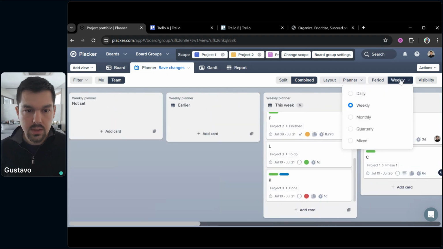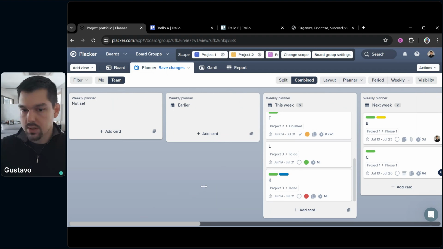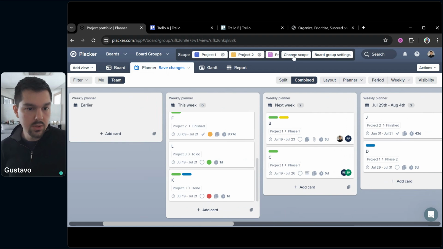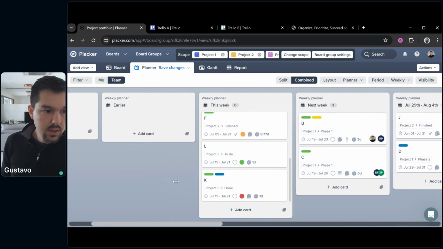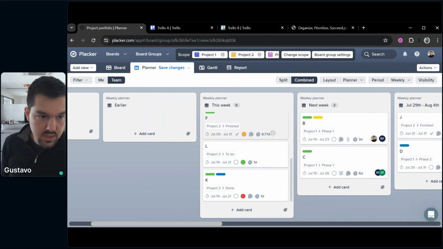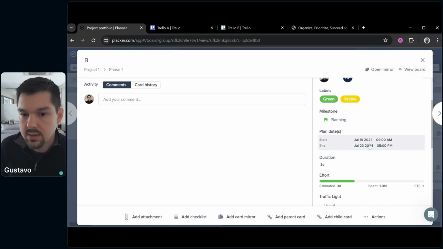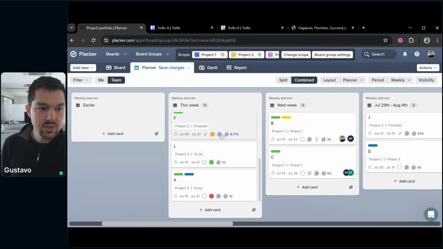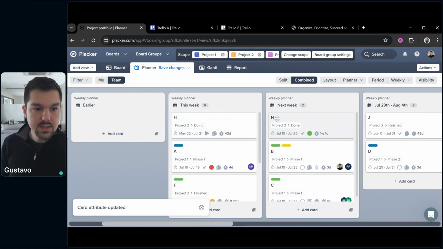If you want to plan the work that your team is going to do this week, or for example, if you're working with Scrum method iterations, you could simply change your board to use the planner by week. You will see all the cards. You will move the cards to this week or to next week, like a bi-weekly sprint, and then automatically the cards will get the due date exactly to the date that they are scheduled to be done. If I move a card from this week to next week, it automatically changes the due date of the card to the next week. Okay,